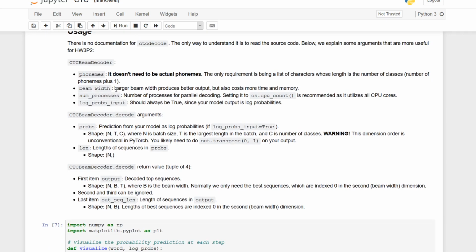The rest of the parameters to the constructor are self-explanatory. So we have the beam width here, which is a hyperparameter, and for our toy task, we've set that to 4, as you'll see in a few minutes. The number of processes can just be set to the number of CPU cores on your machine. And we have log probs input, which is a flag, which when set to true,